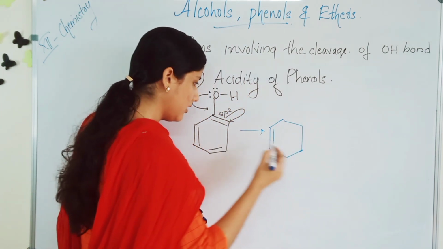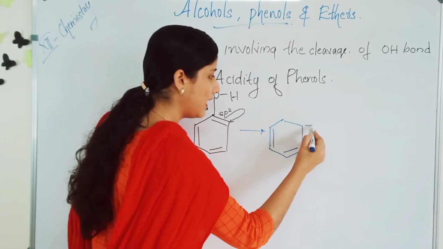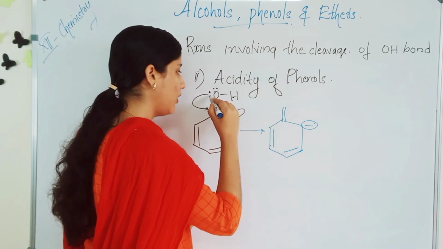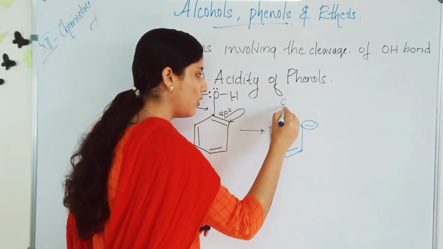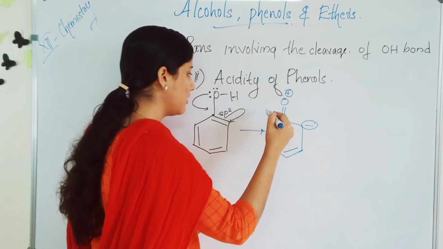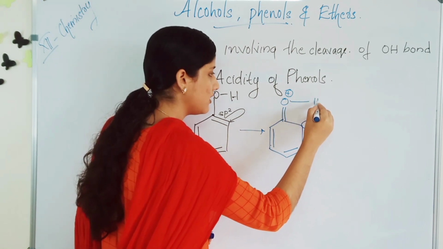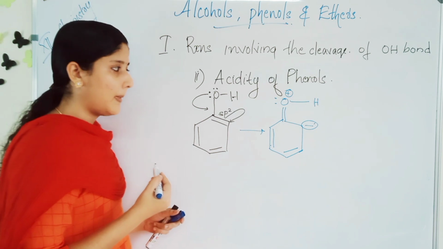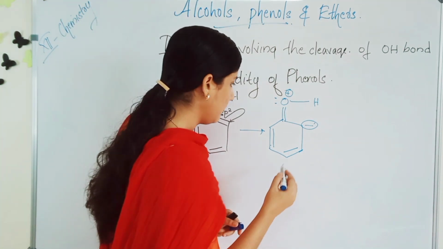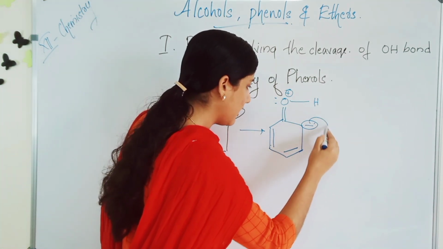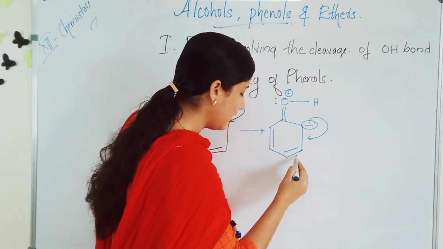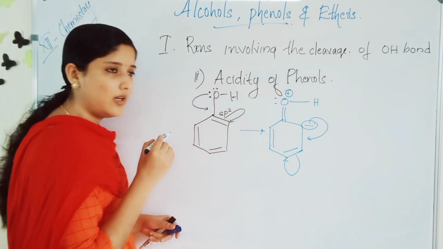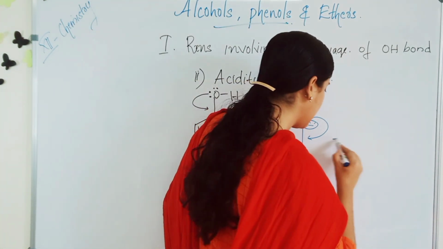Here there is a bond, here you will get a negative charge and a double bonded oxygen. The lone pair is used, isn't it? So, oxygen gets a positive charge and you will get a hydrogen here. Now, this negative charge will go to this bond and the double bond goes to this carbon, and here you will get what? A negative charge. That is the next resonance structure.